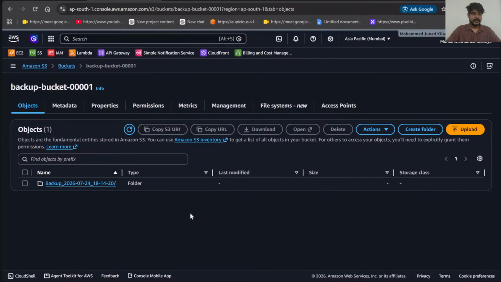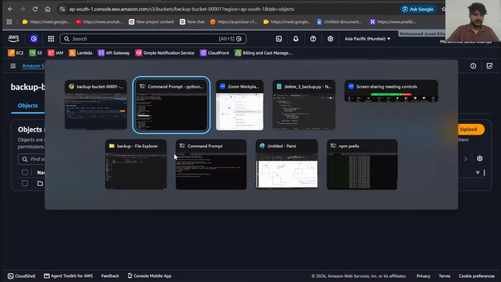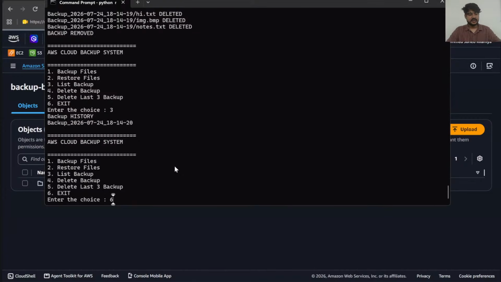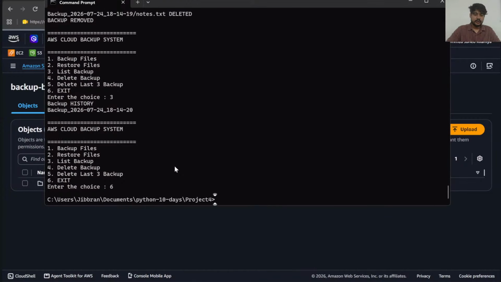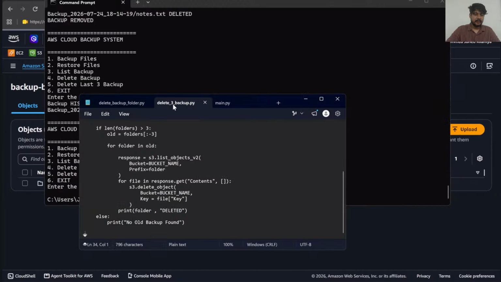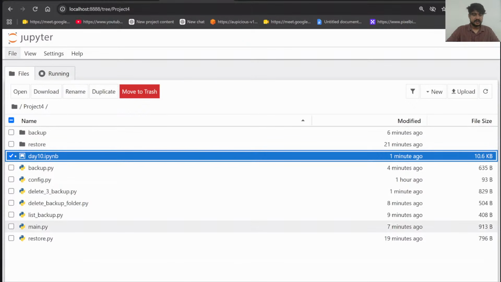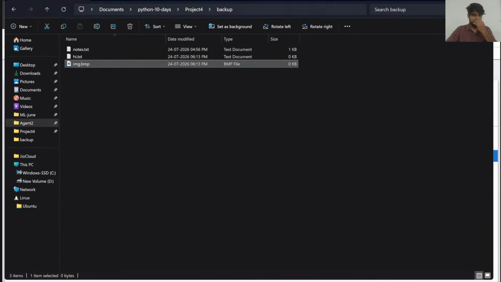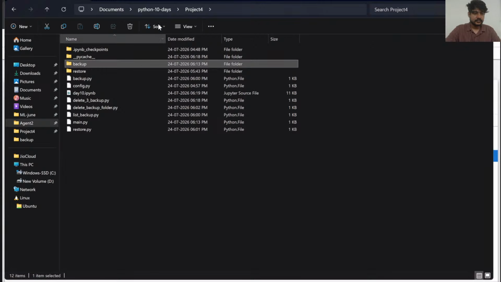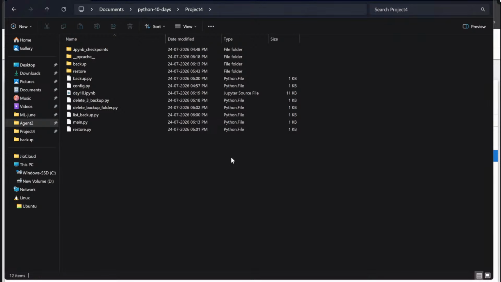One more project, guys, we are going to see here today. Very interesting part. I want to exit. I press 6, exited. So again, the scripting part and other parts, all the files we created over here in this particular folder. This is my directory. So this one project, you guys can go and apply it over here. I'll push this code, guys, to my GitHub. You guys can get it from there.